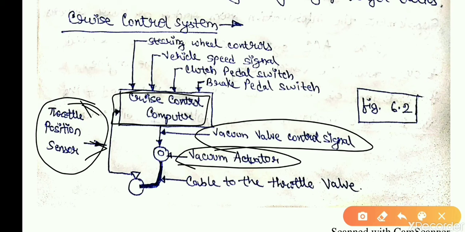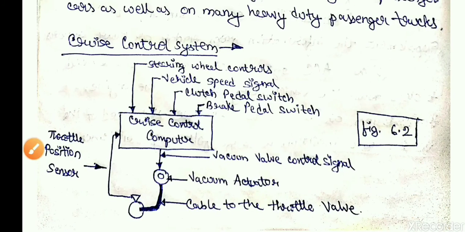Let's say there is an automatic rain sensor wiper. If it rains, what happens? The sensor will sense that there is a raining condition, so it will send the signal to the ECU. The ECU will send the signal to the actuator. The actuators are basically the wipers. Then the wipers will operate and remove the water droplets from the front windshield of a vehicle. Okay, in this way it works.